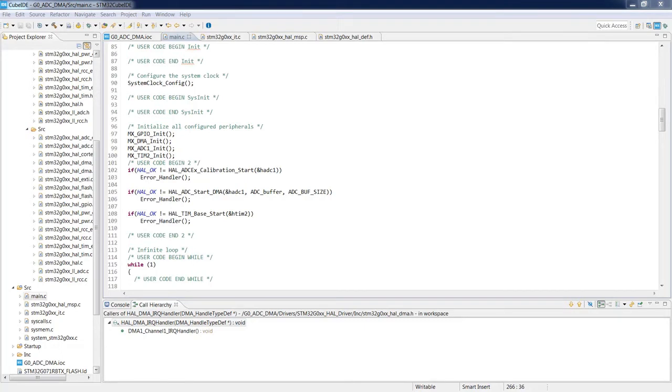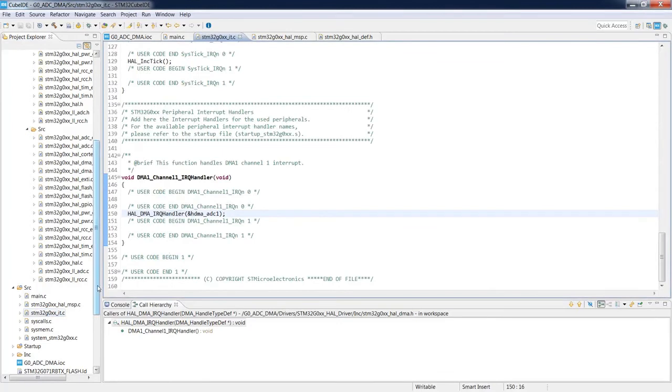The interrupt call is managed within the stm32g0xx_it.c file, where we will find the DMA1 channel 1 IRQ handler. This function is automatically generated by the device configuration in STM32CubeIDE, and it is calling the function HAL_DMA_IRQHandler from our device.